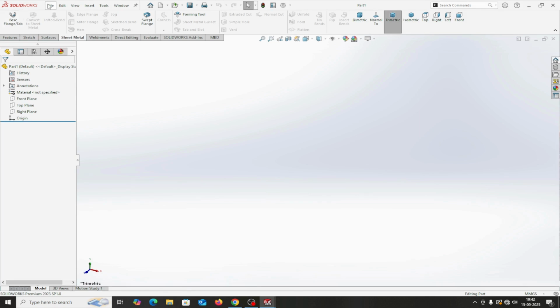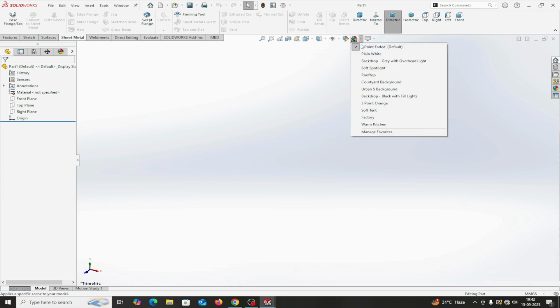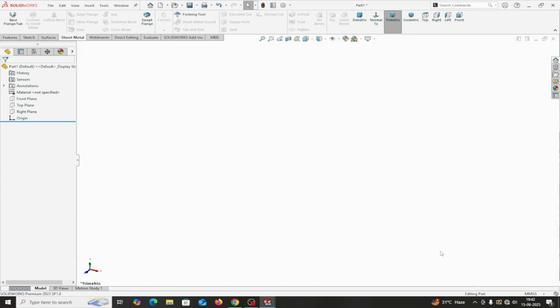I go in the file. This is a new part and this is the SolidWorks user interface. I make the plane white and the unit system is millimeter gram second. I take the top plane. Top plane, sketch,